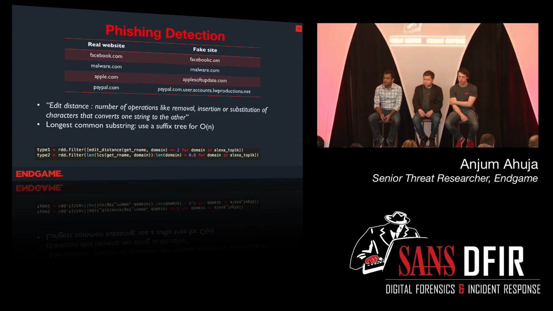The last hunting technique that I want to talk about is phishing detection. If you look at these examples here, there are two kinds of commonly used phishing domains. For the first type, the phishing domain is a slightly modified version of a well-known domain. And in order to detect such domains, we could use something called edit distance. When you say slightly modified, that's where edit distance comes in. We can use a function called edit distance to figure out the domains that a particular domain might be trying